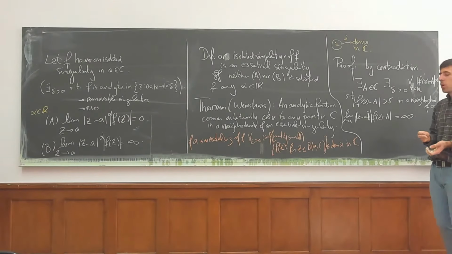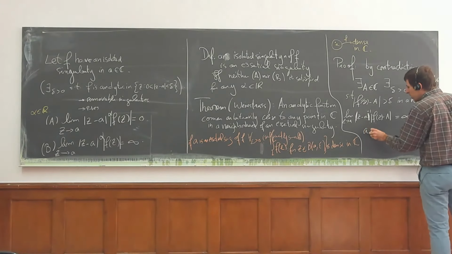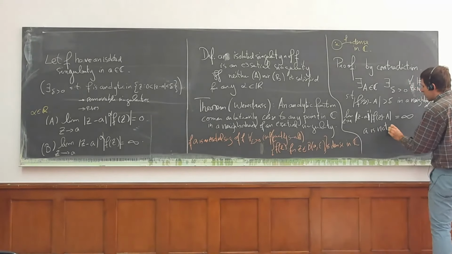Essentially what I'm saying is that because the function f(Z) - A is bounded away from 0, A is not an essential singularity